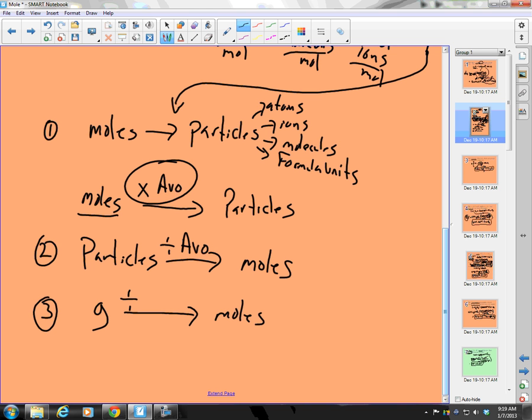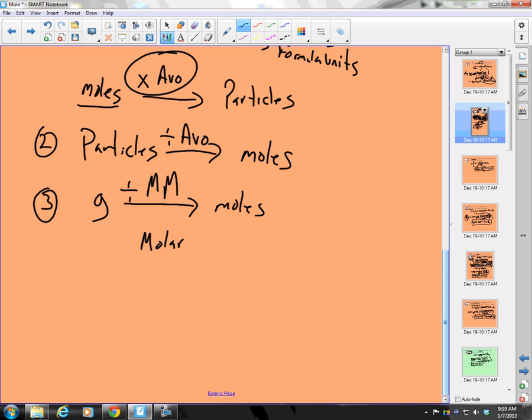I'm going to divide by something called mm. And what is mm? Mm is molar mass. Okay, and what's molar mass? Well, the molar mass is defined as what? The mass of 1 mole of something, of an element, of a compound, of whatever's given. It's the mass of 1 mole. Good. So I'm going to take grams and divide by the molar mass for whatever I'm looking for, and that'll